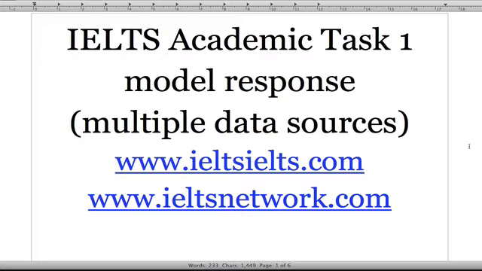In this lesson, we are going to go over what to do when faced with two or more data sources